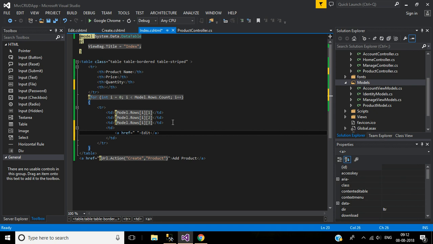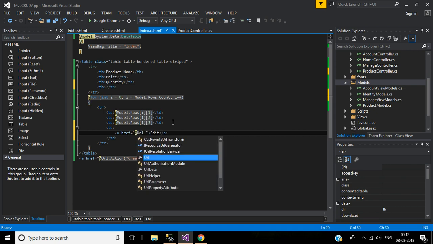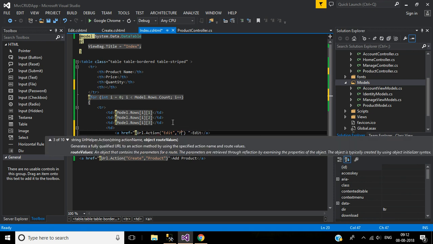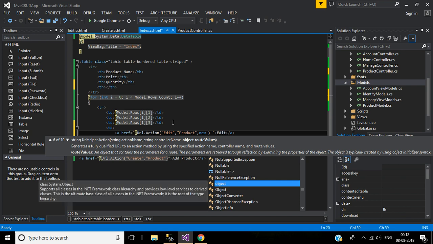Here, as I already told, in MVC the URL is like this, URL dot action. Here first parameter will be action name edit, then controller name will be product, then here we have to pass the ID. So for that, new ID,